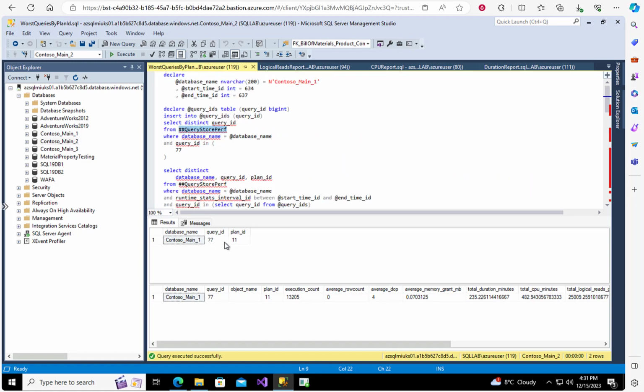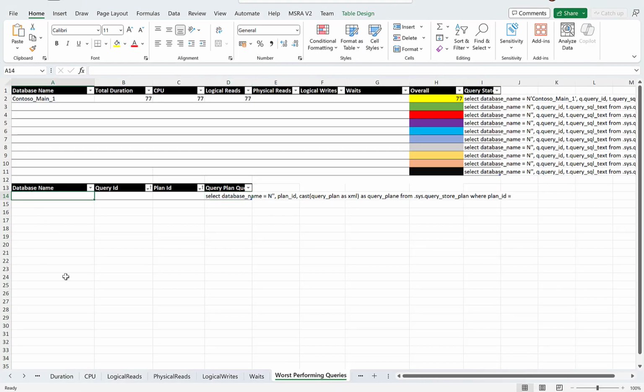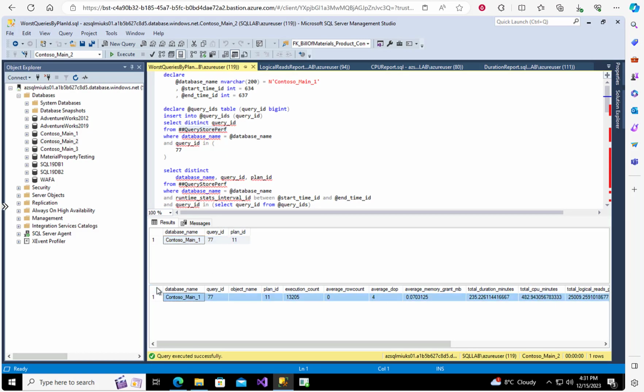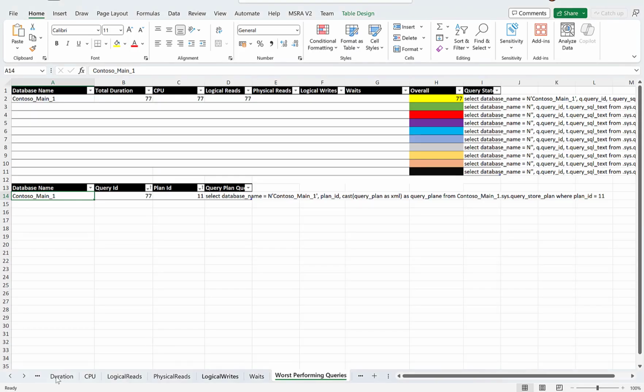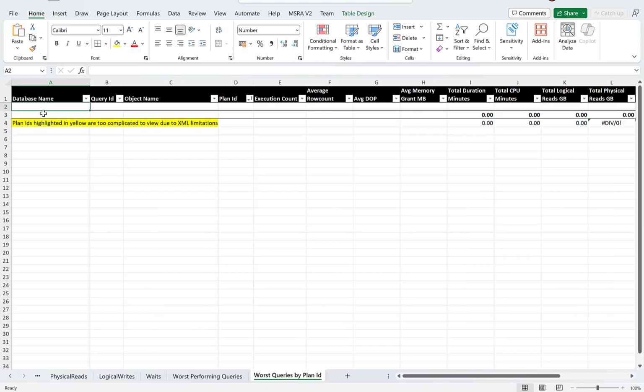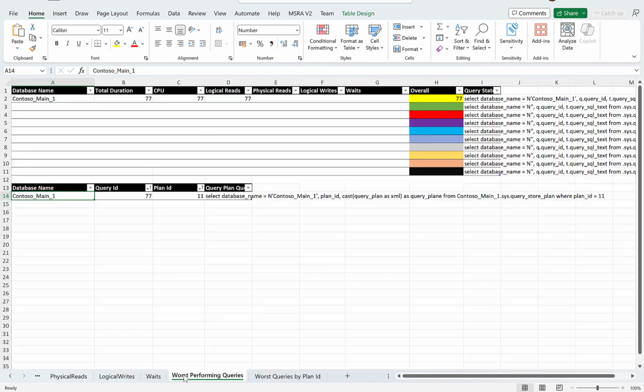And it returns 2 bits of information. The first one I copy and go back to my spreadsheet and I paste in here so that I can now get the plan from Query Store itself. And then the second bit of information I put into my final tab, which is worst queries by plan ID. Once I've done that, I go back to worst performing queries and I can now grab my queries from here